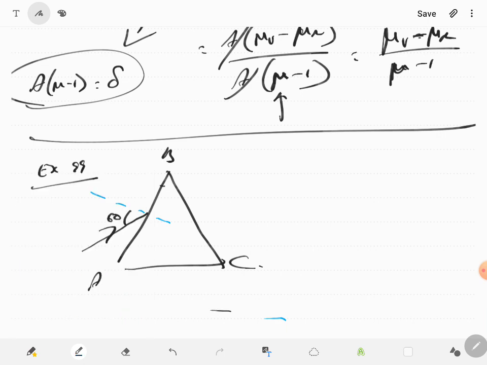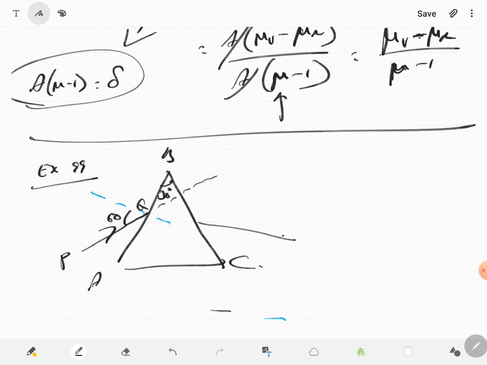And they've given the angle of the prism as 30 degrees. A ray of light PQ is incident at an angle of 60 degrees on the face AB of the prism of angle 30 degrees. The ray emerging out of the prism makes an angle of 30 degrees with the incident ray. The ray which finally emerges out makes an angle of 30 degrees with the incident ray.